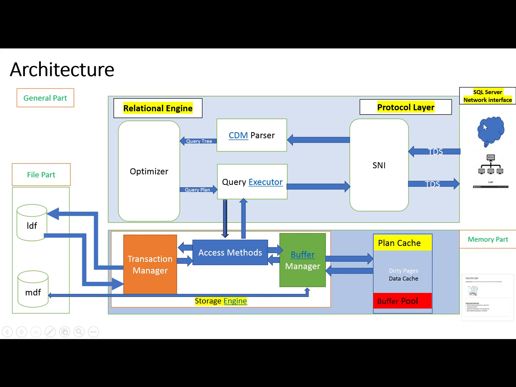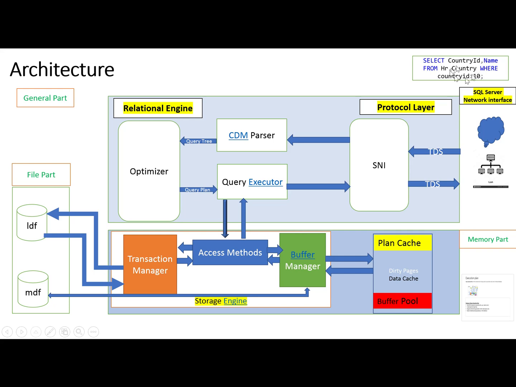When the client generates a request to SQL Server, this request goes through different processes, and then an execution plan is generated for this request. For example, the client will send a query like this: select country ID, name from hr.country where country ID is greater than 10. This country table we already created in the trading database in earlier modules, so we'll continue with this example.